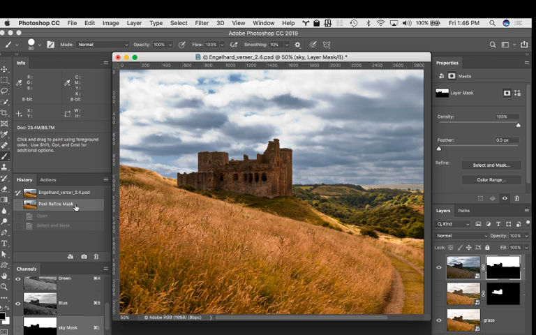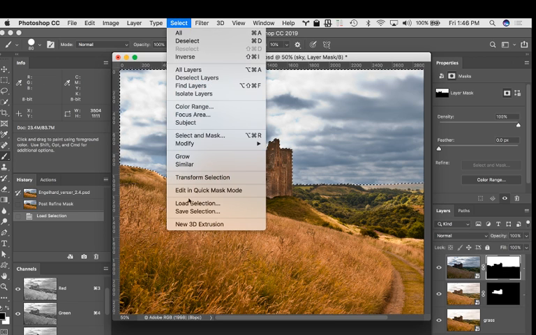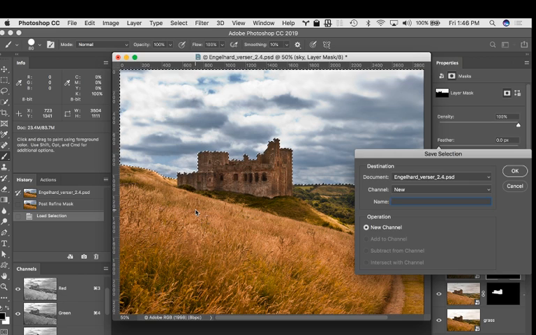Go to your original history state. Come over to the mask. This is what the mask looked like in the very beginning before we refined it, right? If you hold down, again, do not click on the mask like that. You don't need to click on it. Just hover your cursor over it, hold down the Command key, and click once, and it loads that mask as a selection. Come up to the Select menu, and come down to Save Selection, and call this